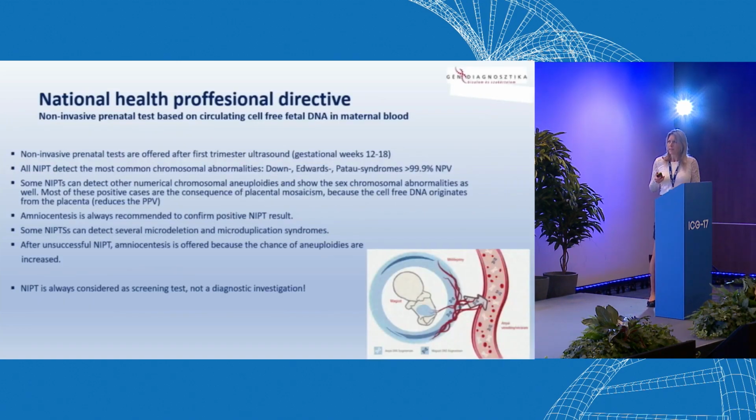So, the National Health Professional Directive for Non-Invasive Prenatal Testing was born in 2021, and it contains the principles of how to perform NIPT tests in Hungary. The first very important principle is that NIPT is offered only after the first trimester ultrasound. It's very important because if we detect severe chromosomal abnormalities at the ultrasound, NIPTs are contraindicated, and only prenatal